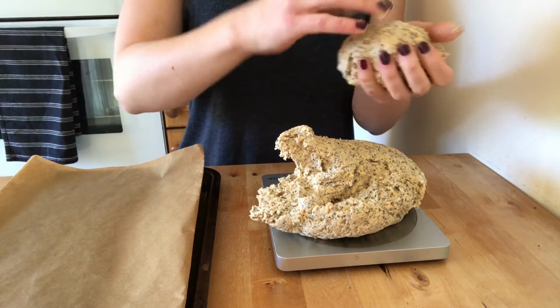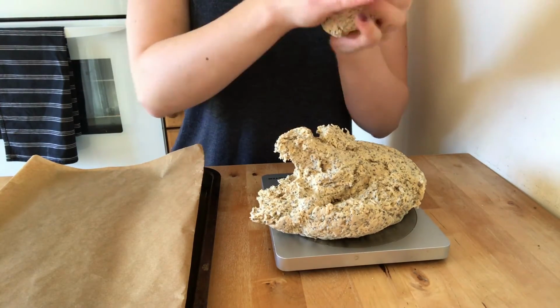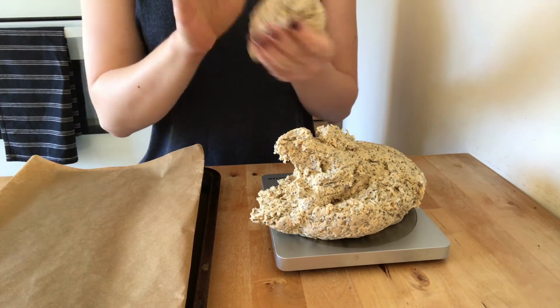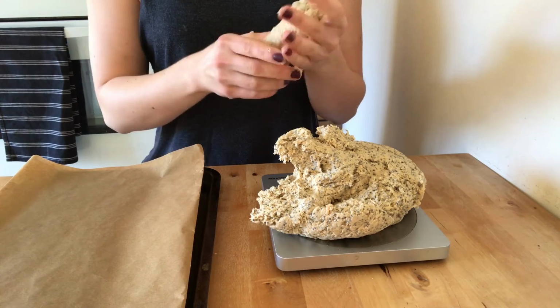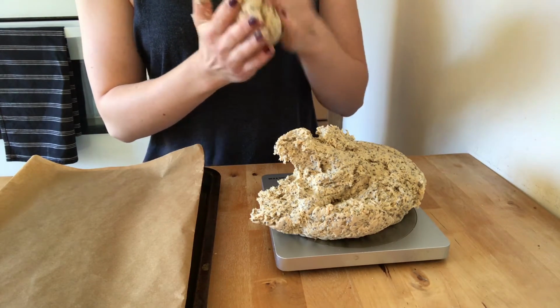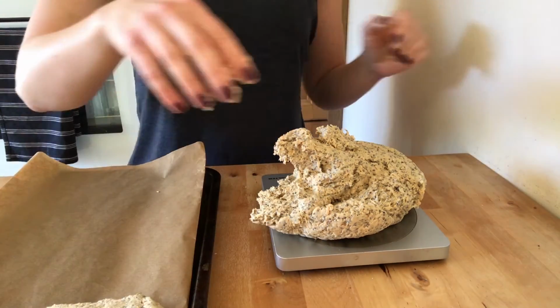I remove some of the dough that equals 1 serving and shape a bun out of it. I used to do round buns, but now I decided to make longer shapes just because they fit better into a toaster. I prefer to split the entire batch of bread into portions before I bake it, just because